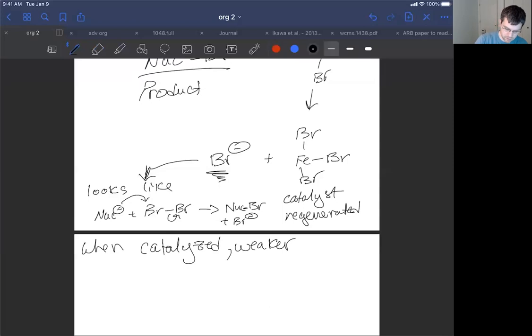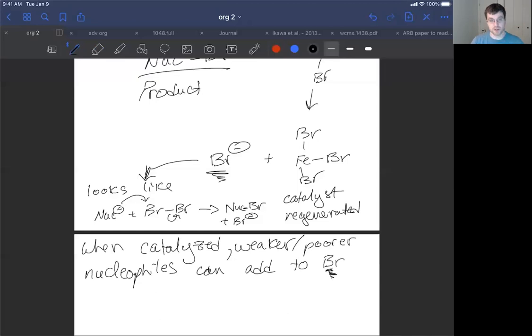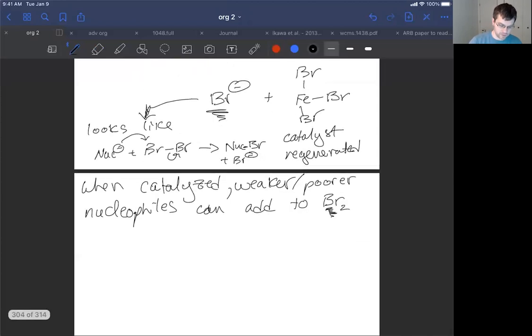So when catalyzed, weaker or poorer nucleophiles can add to the Br center. So we can have less good nucleophiles adding to our Br2 when we have, and I'll write the 2 here, when we have the catalyst present, because we've activated it, we've introduced that positive charge. That allows for a weaker nucleophile to add to the Br2. Now, what kind of weak nucleophile would we want to add? That weaker nucleophile could be